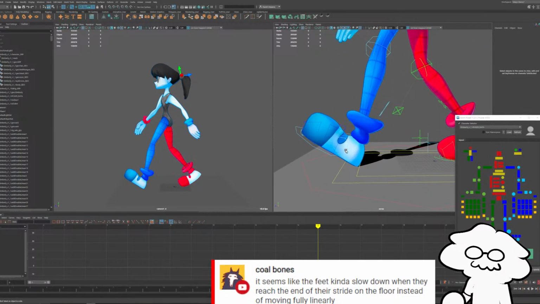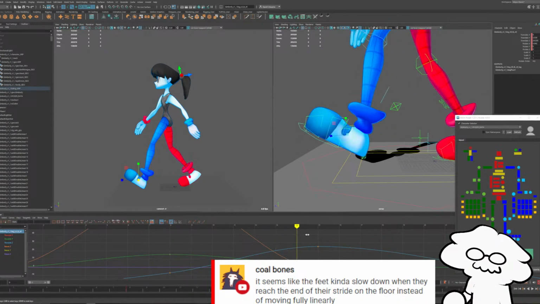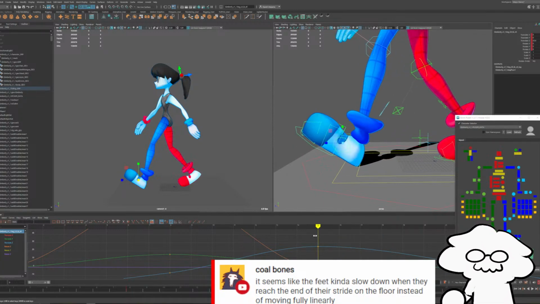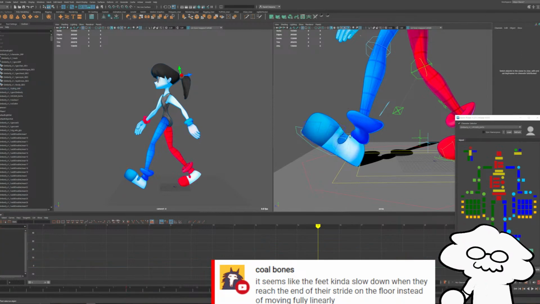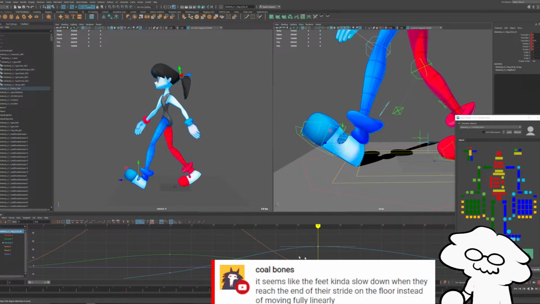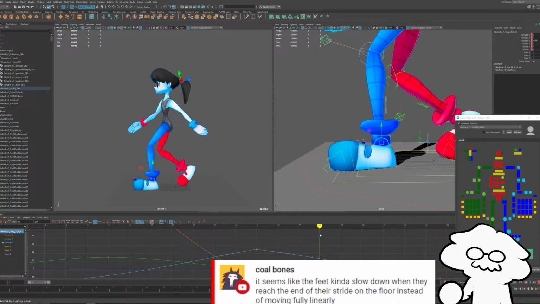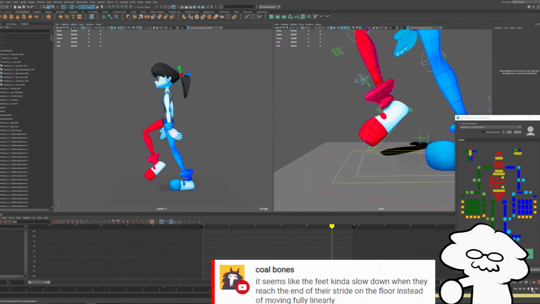As it meets the ground like that, as is, it slows down before it starts advancing backwards. But in a regular cycle, you would want it to immediately start moving backwards. So if we were to change that to a linear key, like that, then the moment it hits the ground, it'll start moving backwards. But there's a balance to it. It doesn't feel quite right to me if it immediately starts moving backwards.